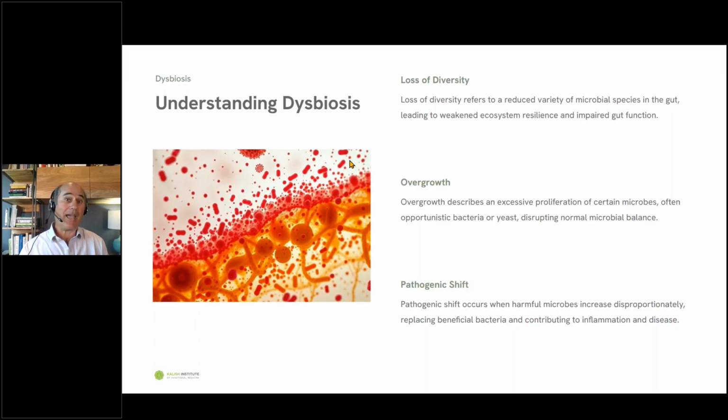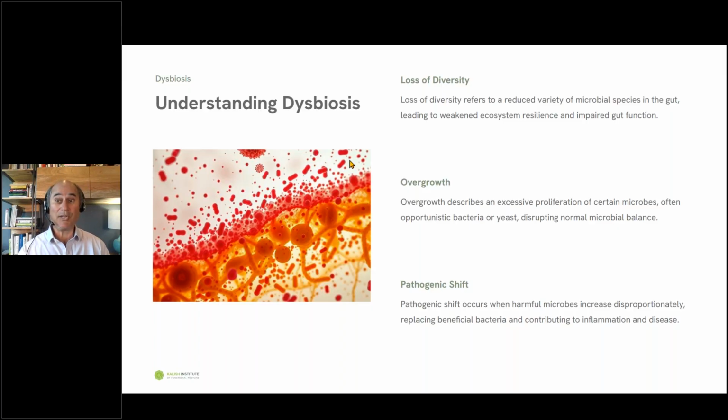There's the you-don't-have-the-best-diversity dysbiosis. That means that your gut microbes, the good ones, are just messed up. You don't have the right ones, you don't have enough of the right ones, and they don't have this variety of gut microbes that you need. Why? Because we all eat really poor quality food and we're stressed out of our minds, and these things end up impacting your microbiome. You can also have an overgrowth type of dysbiosis.